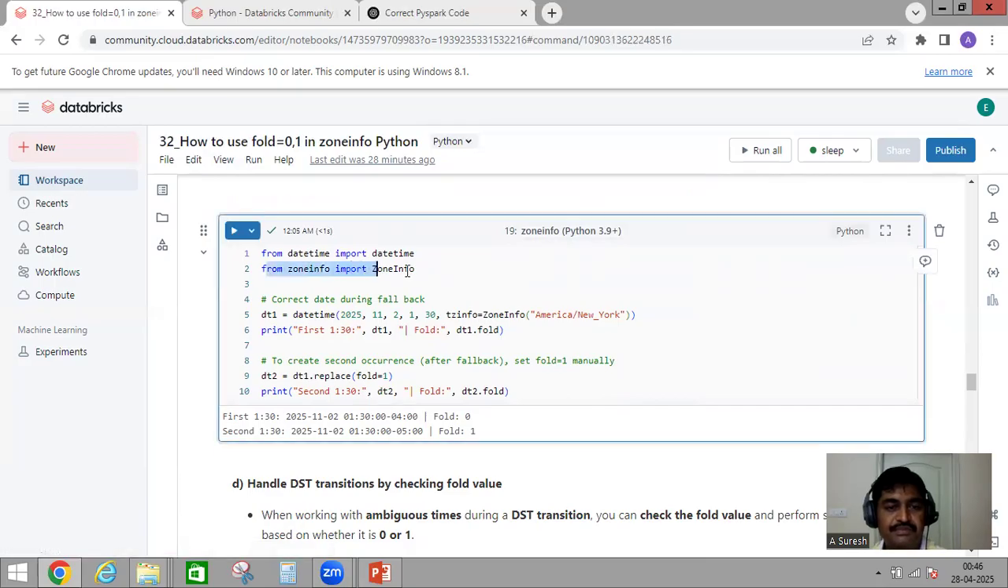From zoneinfo, I'm importing ZoneInfo. Here I'm creating a datetime. This is my date and this is my time, 1:30. And by using zoneinfo, I'm defining the time zone information here, that is America/New_York. And if I want to print the first 1:30, then this is dt1, and if you want to know the fold,